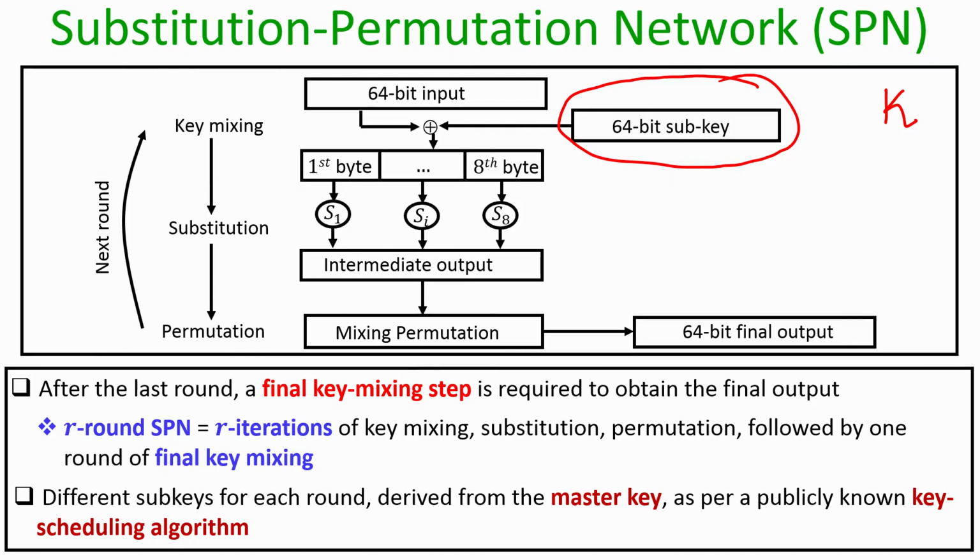and this key scheduling algorithm will also be publicly known, because remember the only thing which a sender and the receiver who are going to operate this keyed permutation f k will share is the value of the key. Other than that, we expect that they should not have any pre-shared information. So, that is why the description of the S boxes, the description of the mixing permutation, the description of the key scheduling algorithm, everything is available in the public domain. So, depending upon the length of the master key, we determine a key scheduling algorithm according to which we decide which subset of the master key is going to serve as the sub key for the ith iteration, and that description will be publicly known,